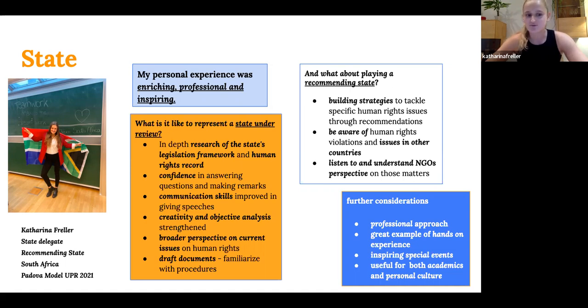One has to be well informed about the respective country's national framework, legislation, and human rights record. In giving speeches about your respective country, you're not only improving your communication skills, but also your self-confidence. And additionally, in reacting to remarks, comments, and criticism, you strengthen your creativity for sure. Together with your team, you will have to decide which recommendations to accept, to note, and you have to give